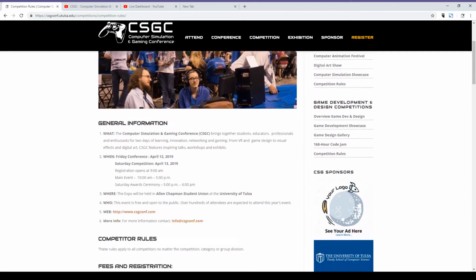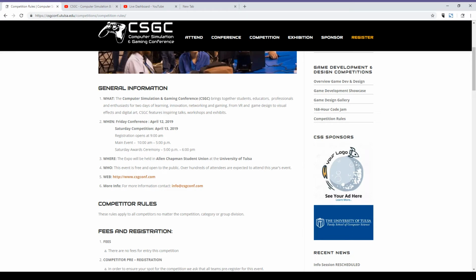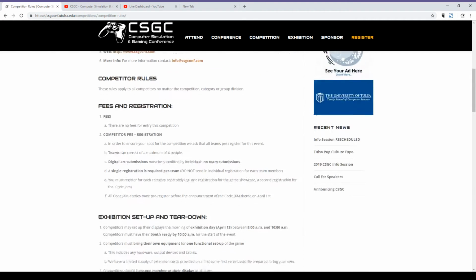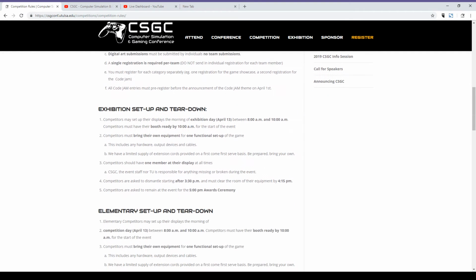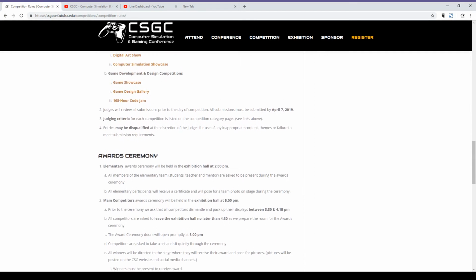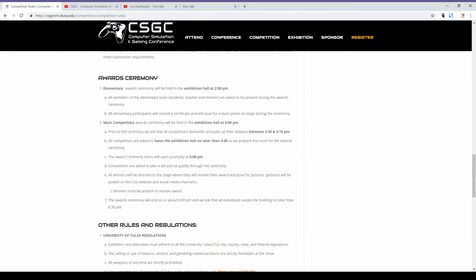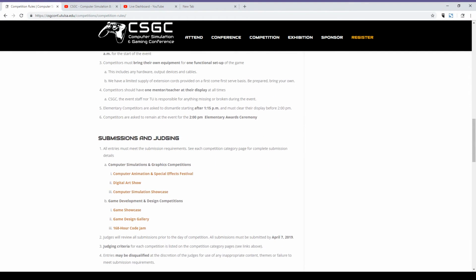These are general rules for all competitors, no matter what competition you're in. They are guidelines about how to set up and how to submit, not the actual submission details of what we want you to submit. That is on the contest page. These are just more general rules for the day of the event. So keep that in mind as you navigate through the site.